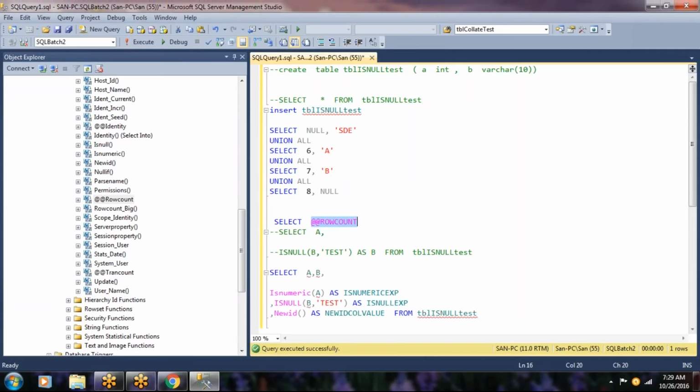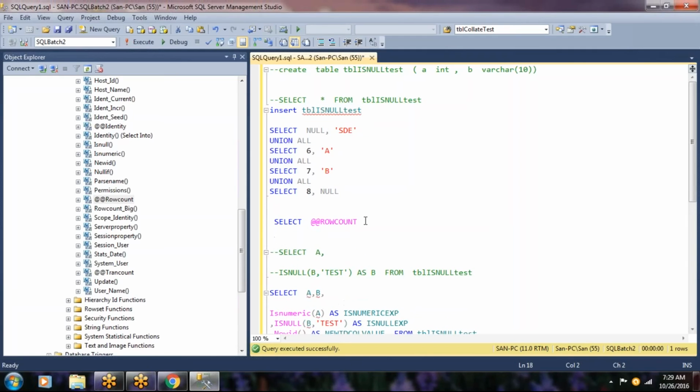This is a system defined function which returns the count of rows inserted by the last insert statement into your particular table.